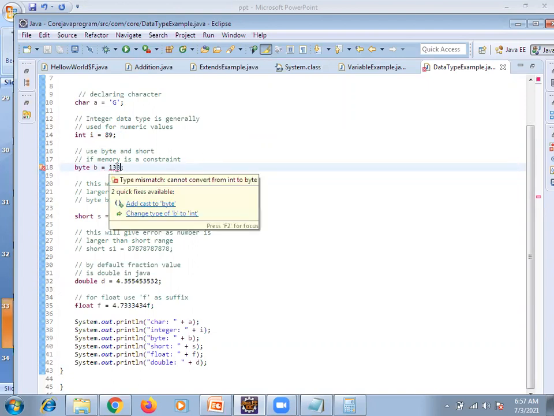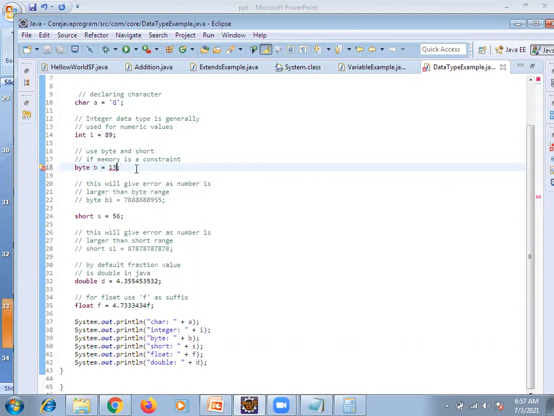So what is it directly saying? Cannot convert int to byte. Now it is going to allow. You are getting it, right? So if it is 127 it will also accept. If it is 129, you are able to see this is getting an error. Now this is what you need to understand. So always 2 power of size.